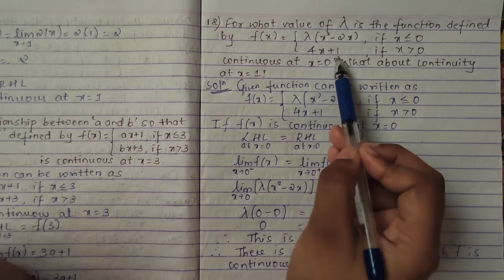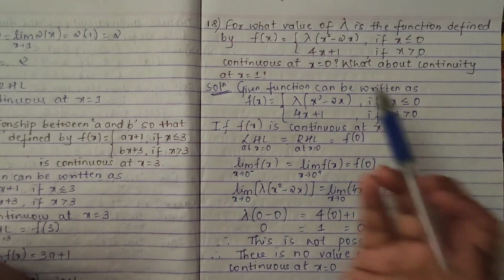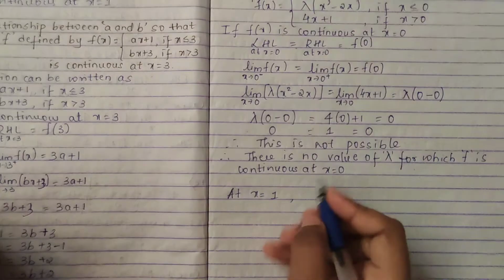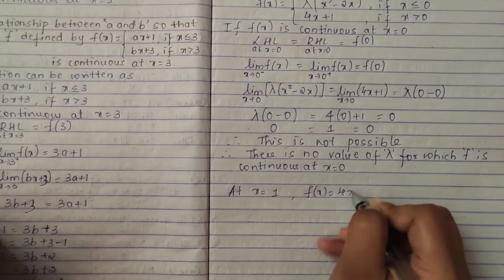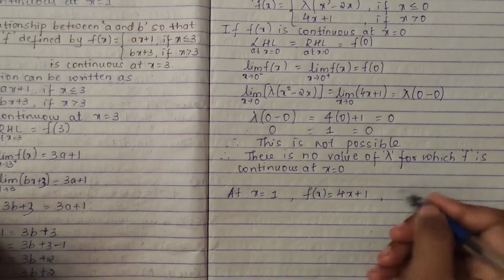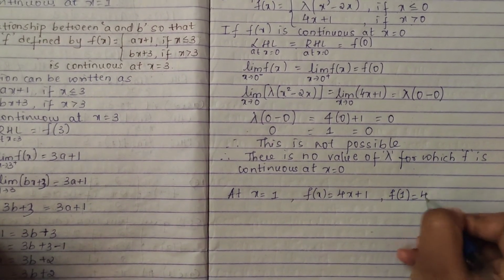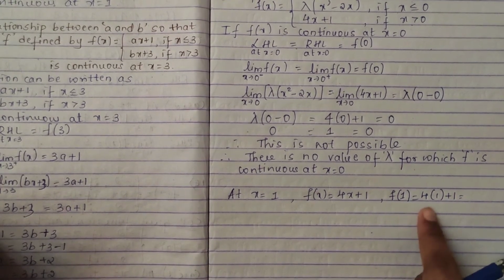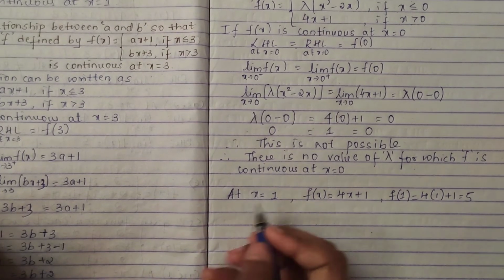4x plus 1. In this condition here we don't have lambda itself, we just have f of x as 4x plus 1. So I am writing here, f of x is equal to 4x plus 1. And at what point I will find out? The point also here, so at f of 1. So 4 of 1 plus 1. So 4 into 1 is 4 plus 1, we will get what? 5. We should find our limit also.